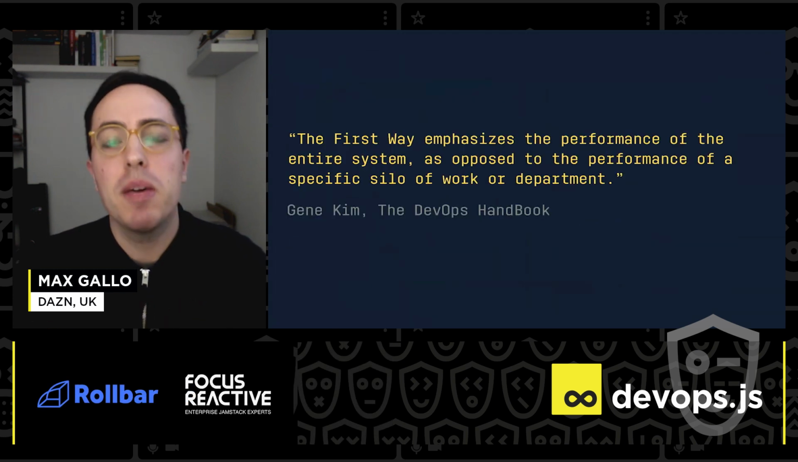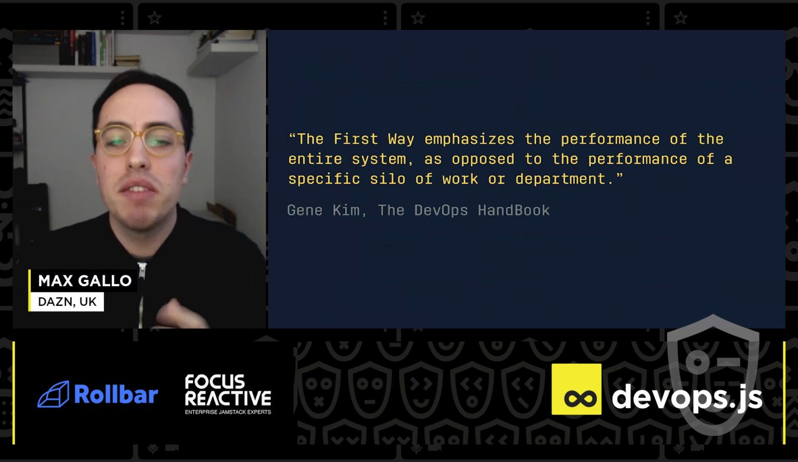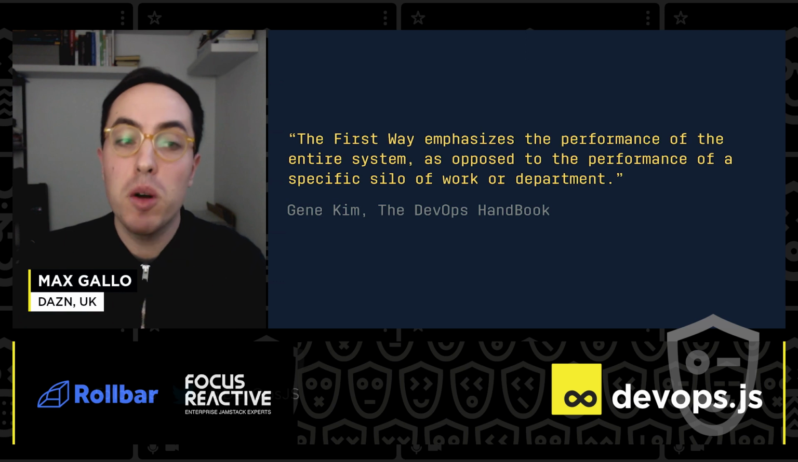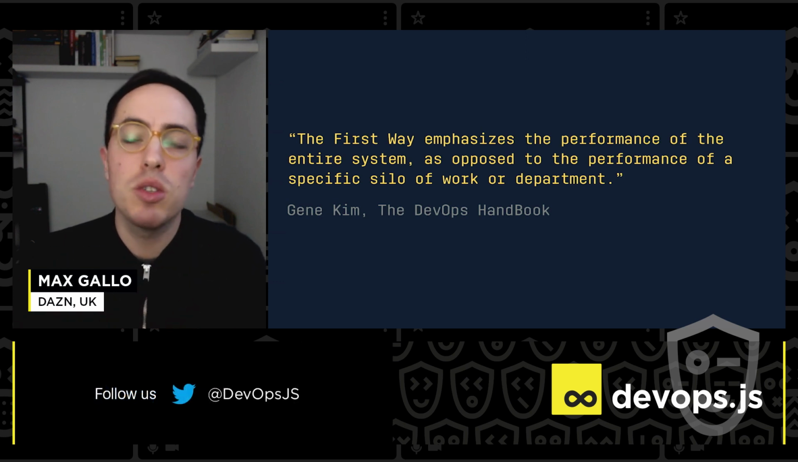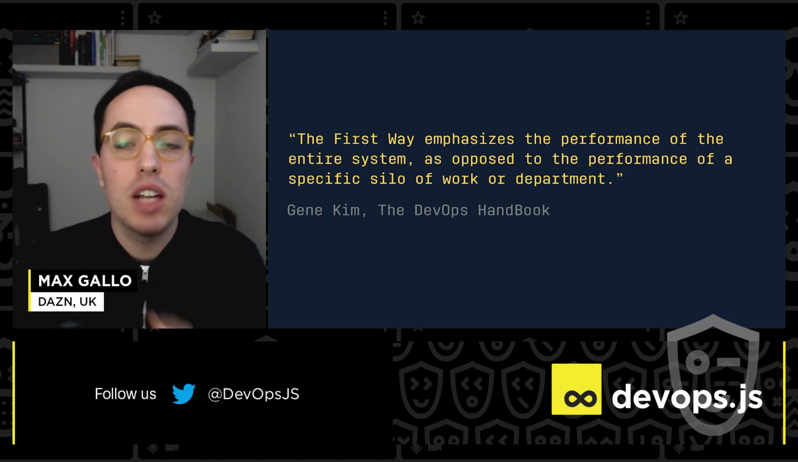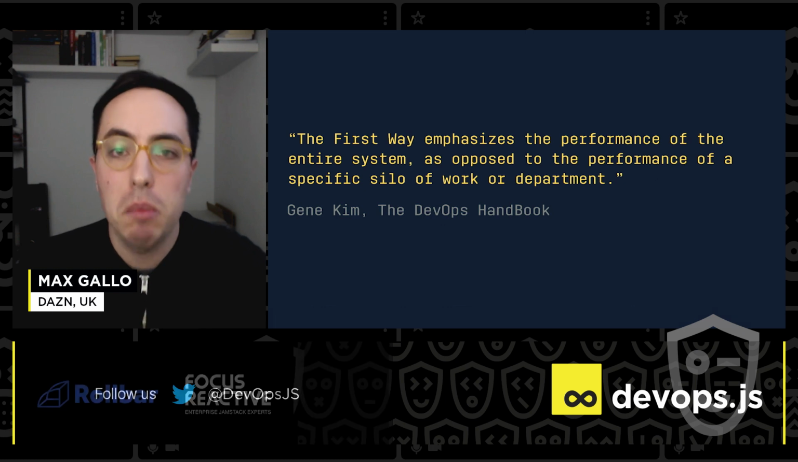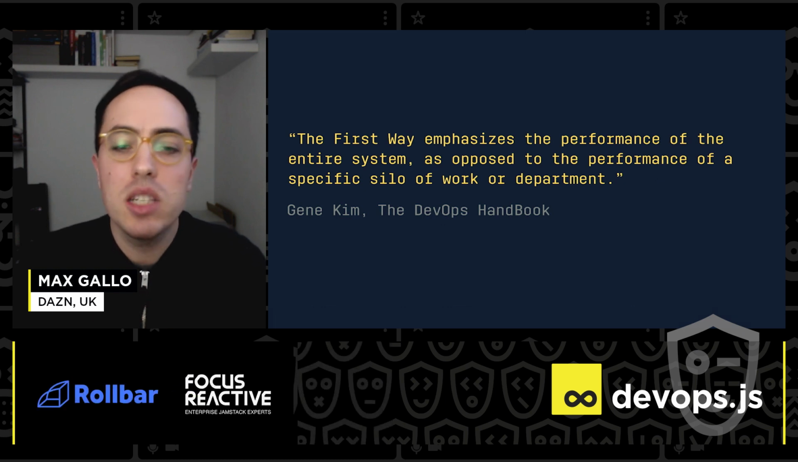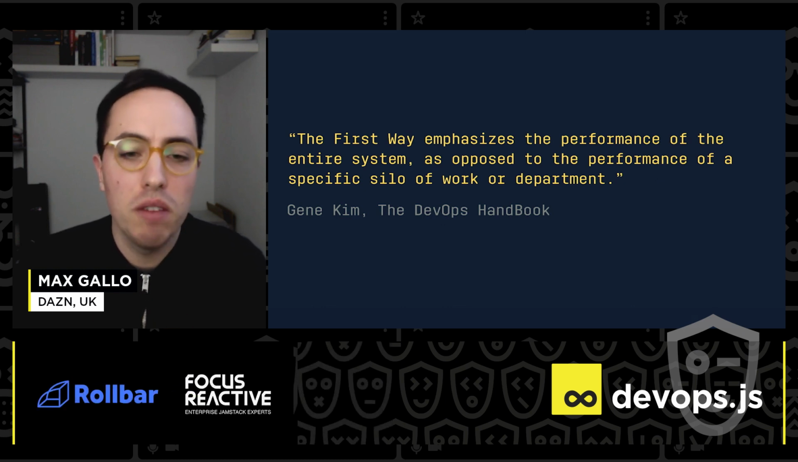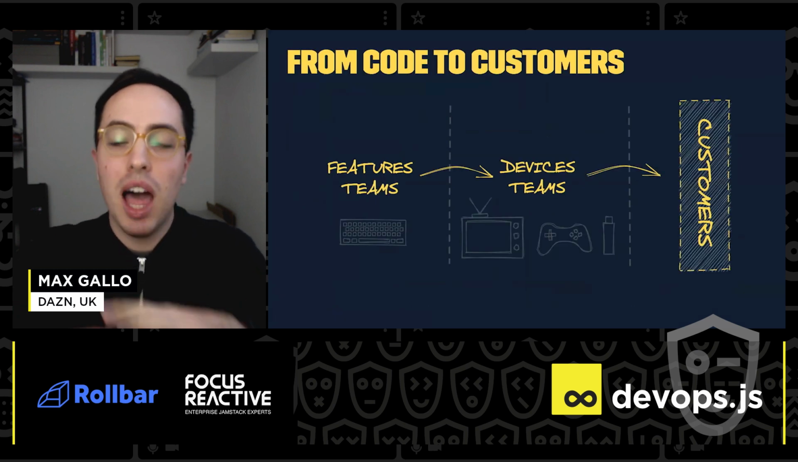And the first step is a quote from the DevOps Handbook that says that the first way emphasizes the performance of the entire system. So not just focusing on the silos of different parts of work or departments, but focusing on the entire system. And if we apply this one, which is like page 1 of the DevOps Handbook 101, we have our old